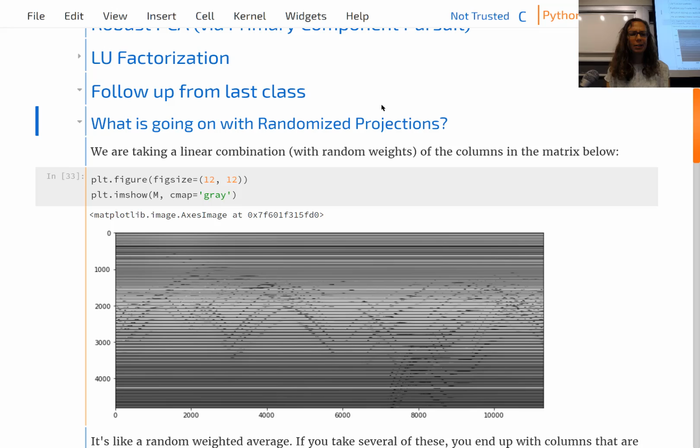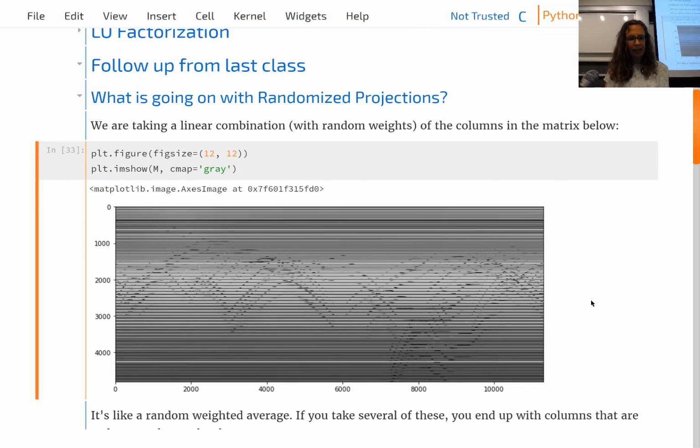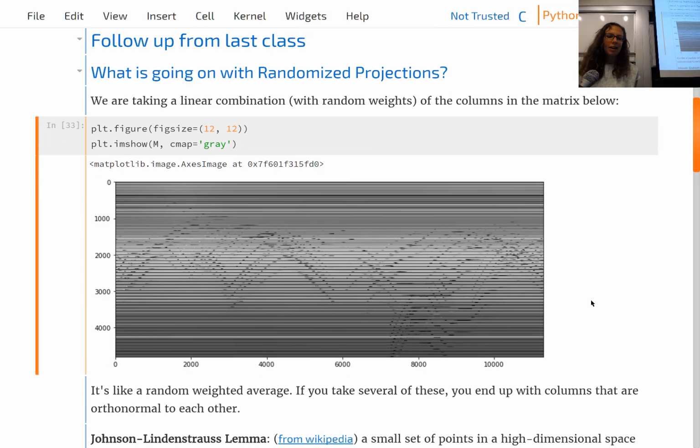I wanted to start by following up with some questions that came up in previous classes. One of those was what's going on with the randomized projections, like why does this work? Another way to think about it is, here we have our matrix representing the video,